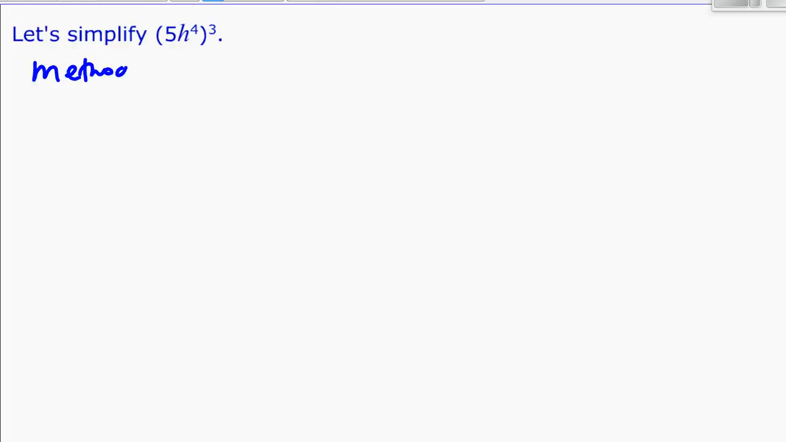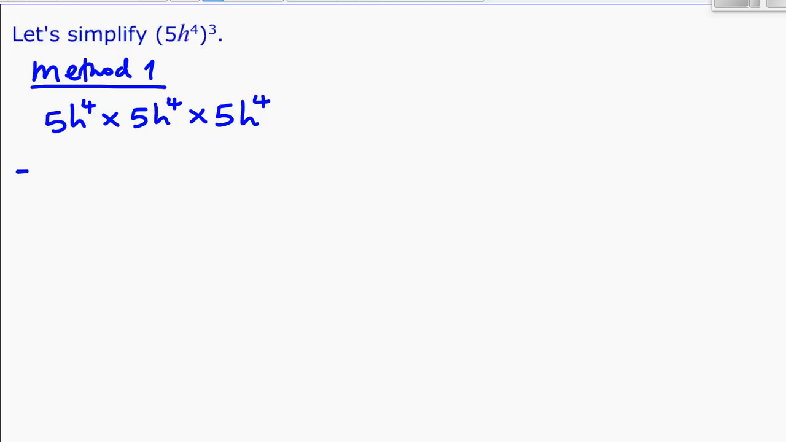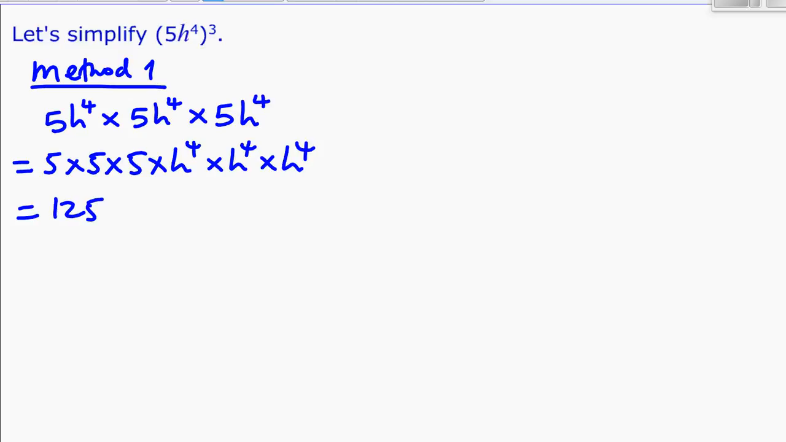Method 1, you have 5h to the power 4 multiplied by 5h to the power 4 multiplied by 5h to the power 4. This will be equal to 5 multiplied by 5 multiplied by 5 multiplied by h to the power 4, h to the power 4, and h to the power 4. So this will be 125 h to the power, add all those powers, will give you 12. So 125 h to the power 12. Method 2,